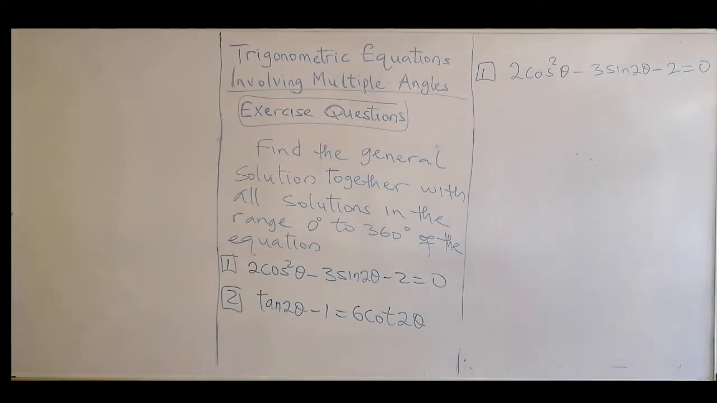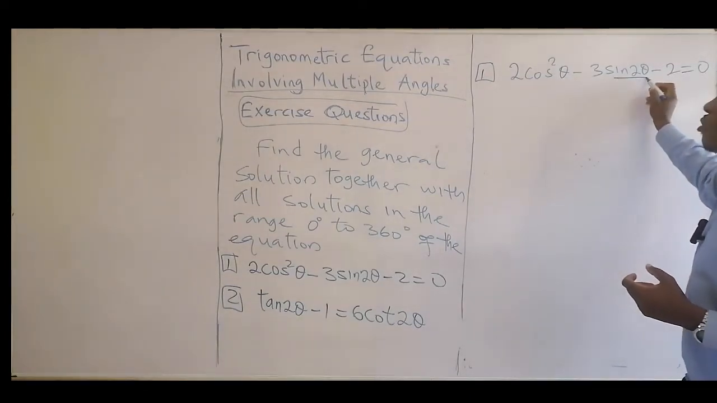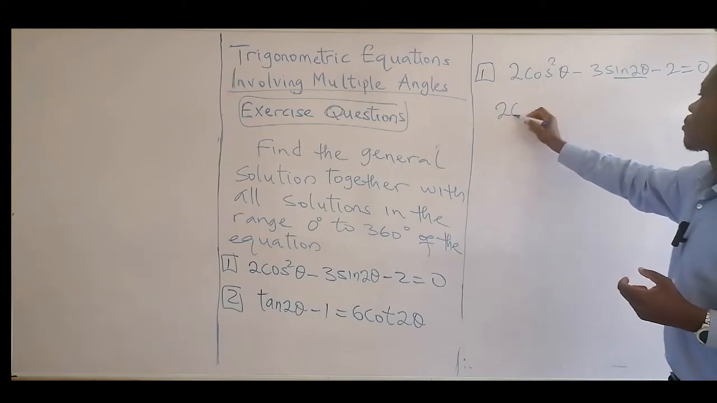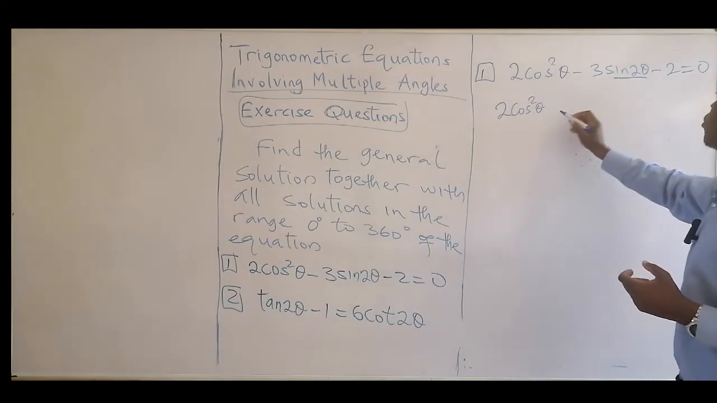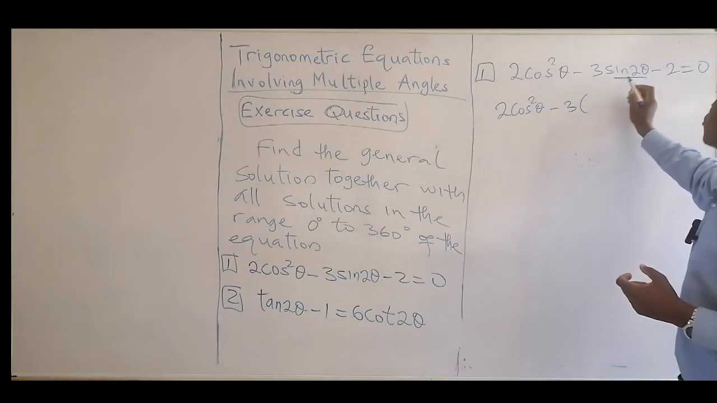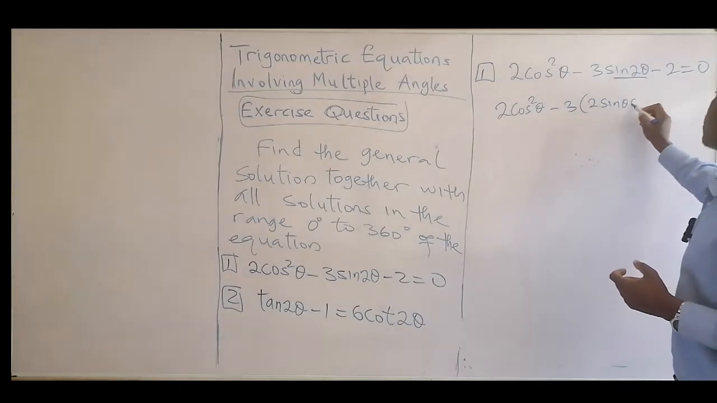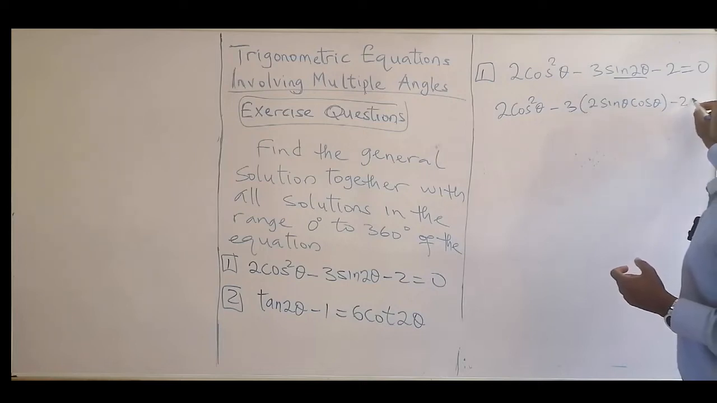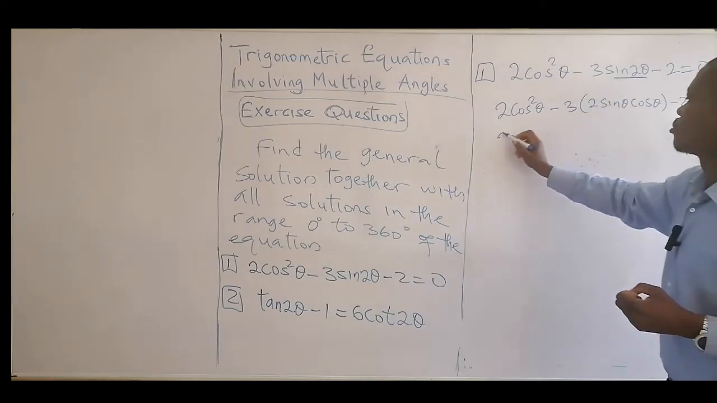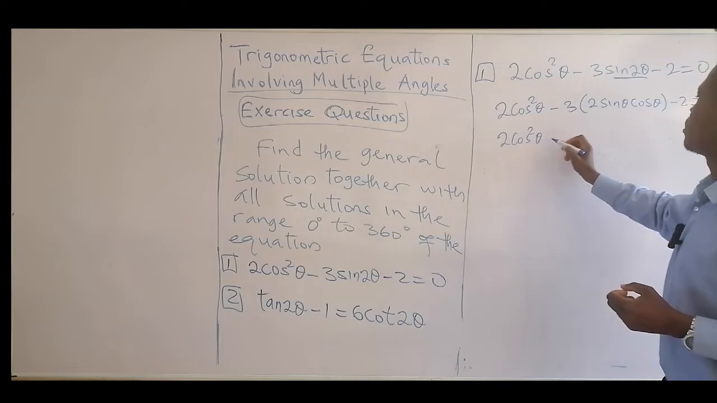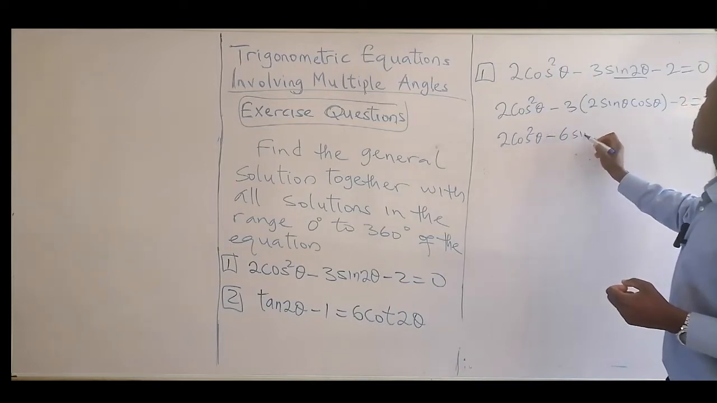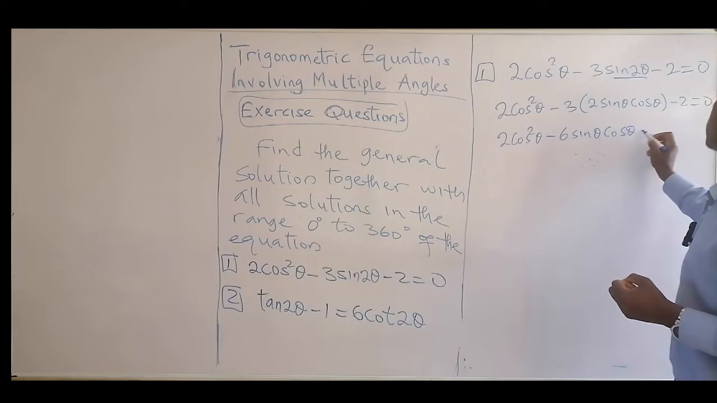What we do here is that the angles are not the same, so we need to make the angle the same as much as possible. Also try to make the trig ratio uniform. So we need to break this double angle down to a single angle. This will be 2 cos squared theta minus 3 into bracket sine 2 theta, which is 2 sine theta cos theta, minus 2 equals 0. So this is 2 cos squared theta minus 6 sine theta cos theta minus 2